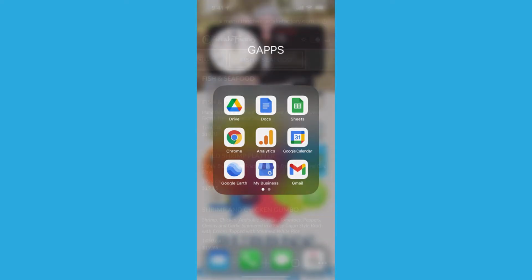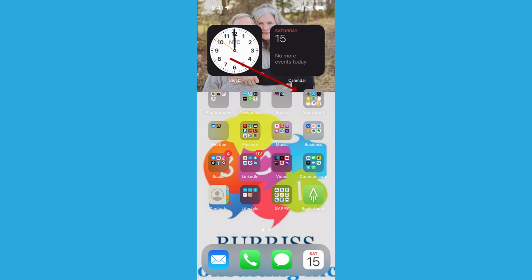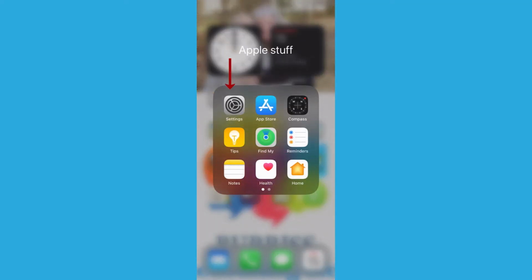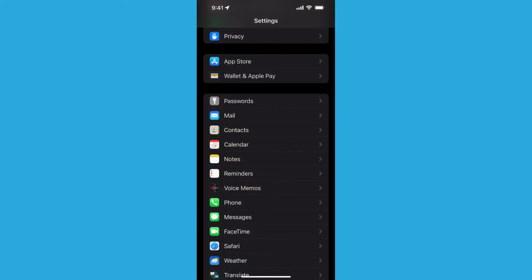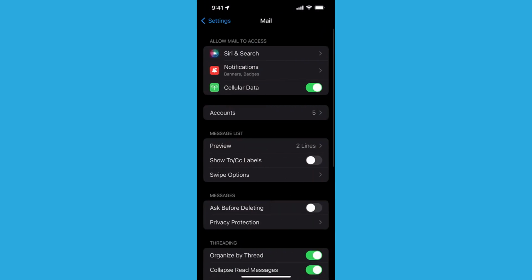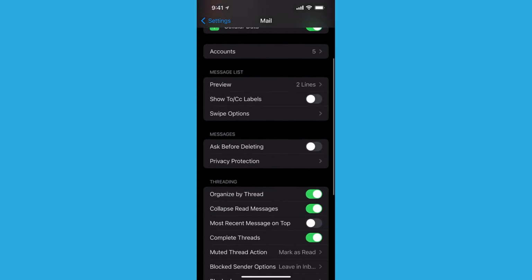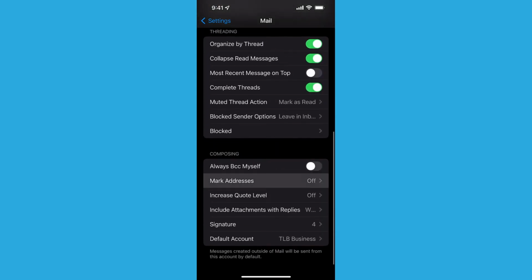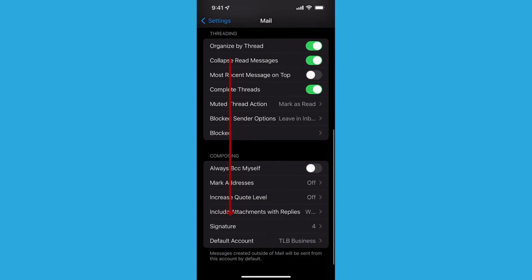So I've come out of this and I go to settings, right here. In settings, go to mail. And in mail, you'll see there's a lot of options here, including the 5 accounts I have set up, message list presentation, messages activity, threading, whether I'm using threading or not, and all the way at the bottom, default